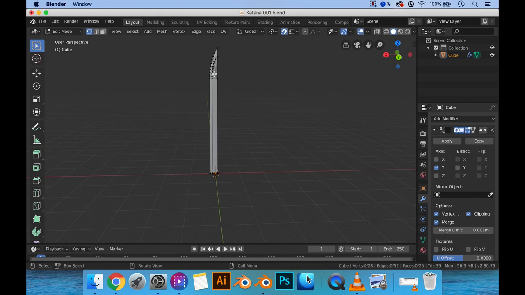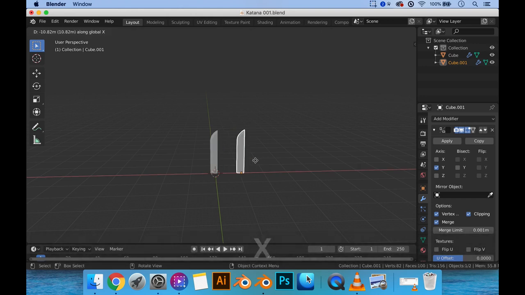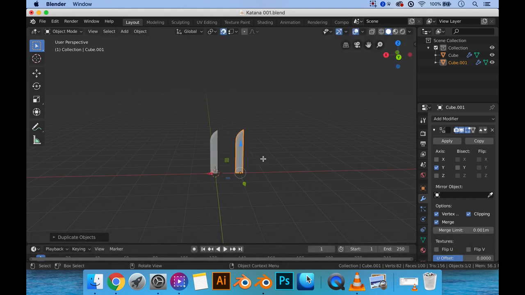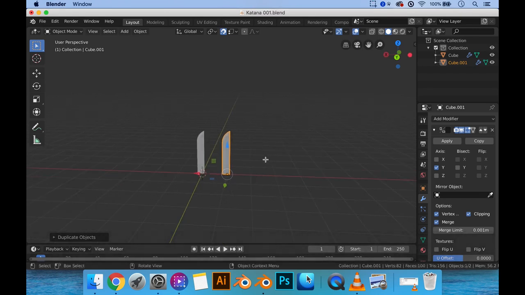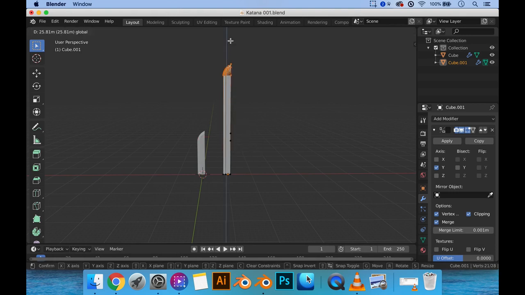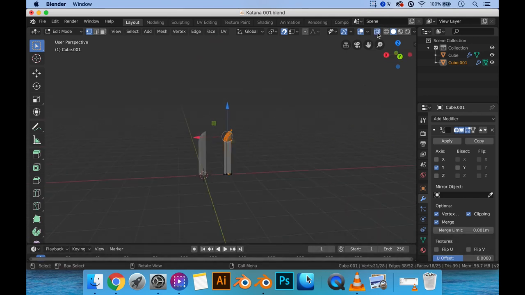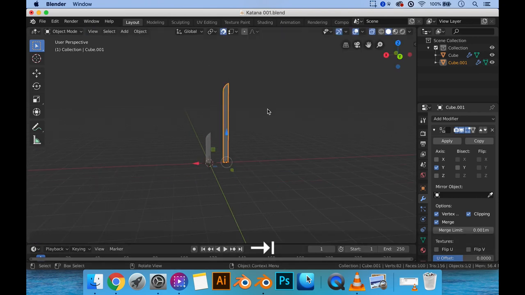But if you want to keep the rounded edge, I'm just going to undo it again. We can duplicate this, move this on the x-axis like so. And we can just simply go into edit mode right here. Grab all these vertexes and just scale this upwards instead. Make sure to select everything. I'm going to go into the wireframe mode too, so I can grab everything here. Just pull this out, and you can use that as a separate blade,